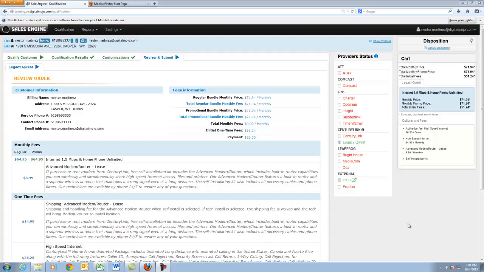When the agent reaches the review and submit tab, this does change depending on the provider. Some providers might still need selections being made at this point. Depending on the provider, you might have the option to select an installation date. I'm in the Legacy Quest interface. At this point for Legacy Quest, all I have to do is pretty much submit the order. When you're in the review and submit tab, there's no other selections needed for Legacy Quest, but what we can